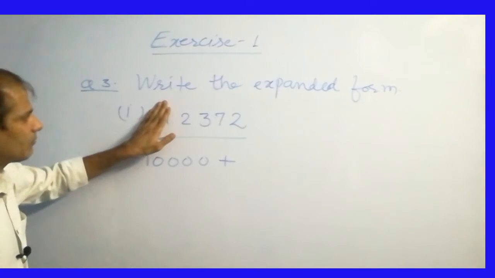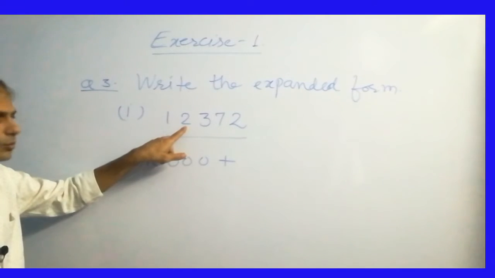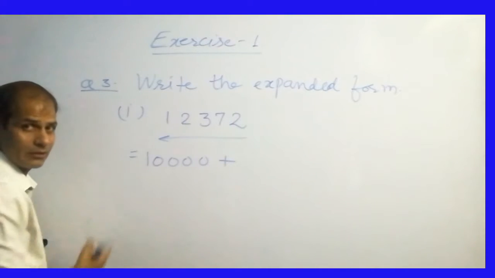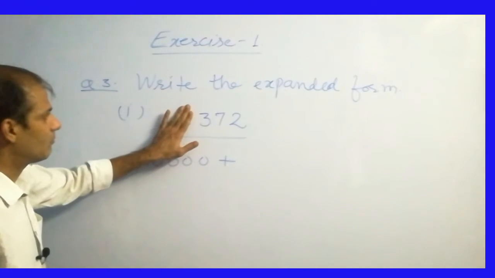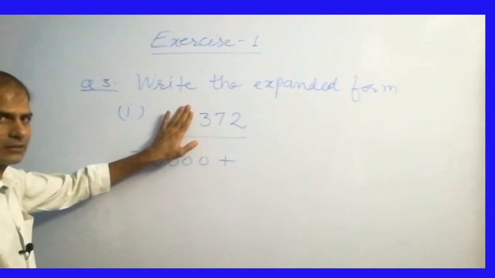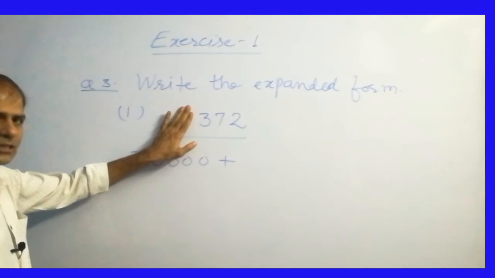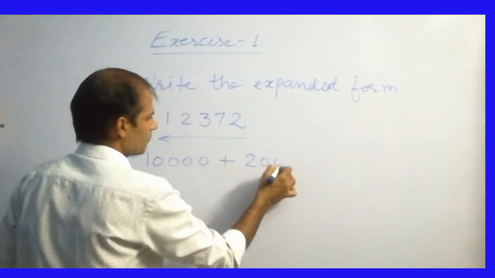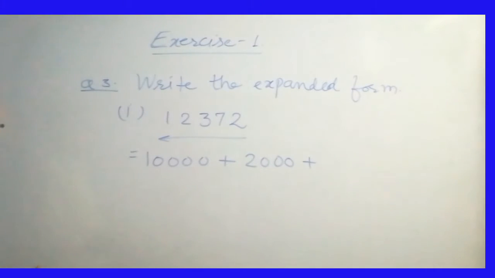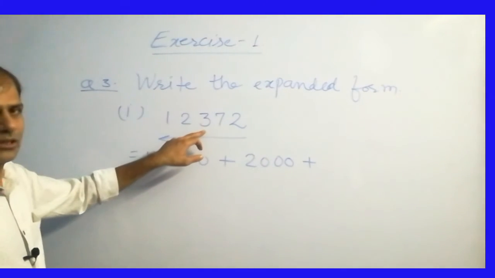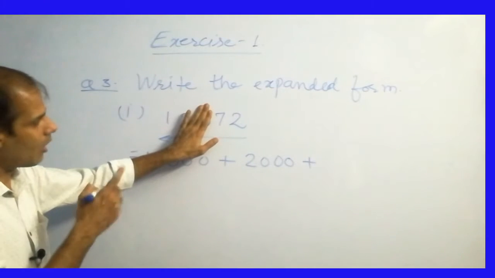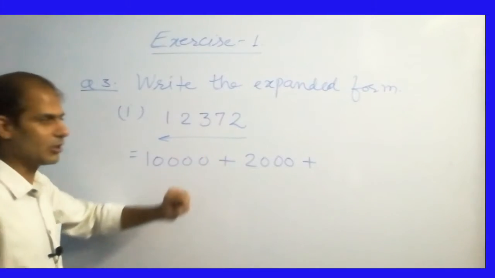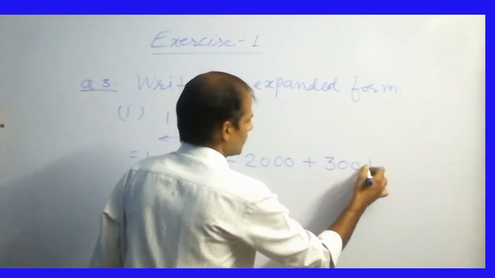Again this one is completed. Now we will consider 2. Ones, tens, hundreds, thousands. It means it is 2000. Again you can see that after hiding the 2 we have 3 digits. It means we will convert these digits into zeros. So 2 0 0 0. In this way we will write. Then plus sign. We will consider 3. Hide this 3. How many digits are there? 2 digits. So we will write 3 and double zeros. So 3 and double zeros.